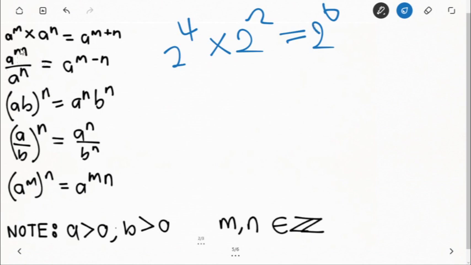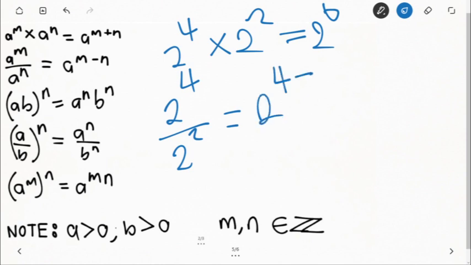And then the second rule says that whenever you divide the powers of the same base, you have to subtract the exponents. So if you have 2 to the power of 4 divided by 2 to the power of 2, that will be 2 to the power of 4 subtract 2, giving you 2 to the power of 2. So that's how the second rule works, and it can also be reversed as well, so you need to take